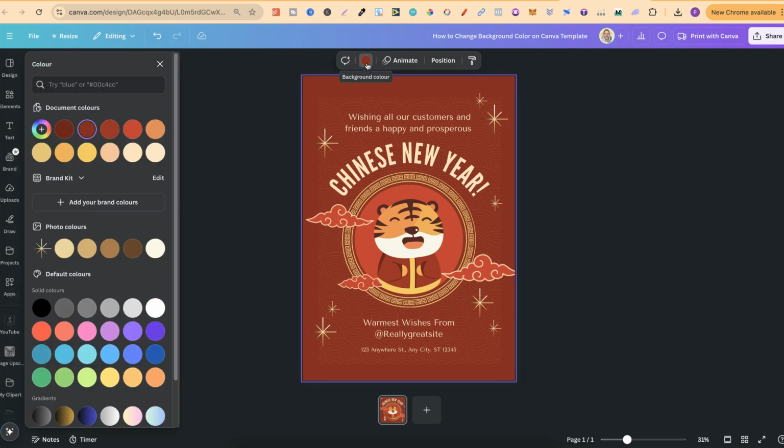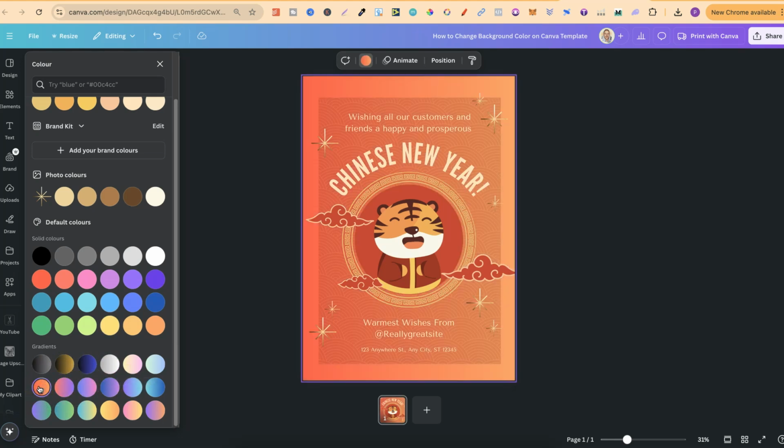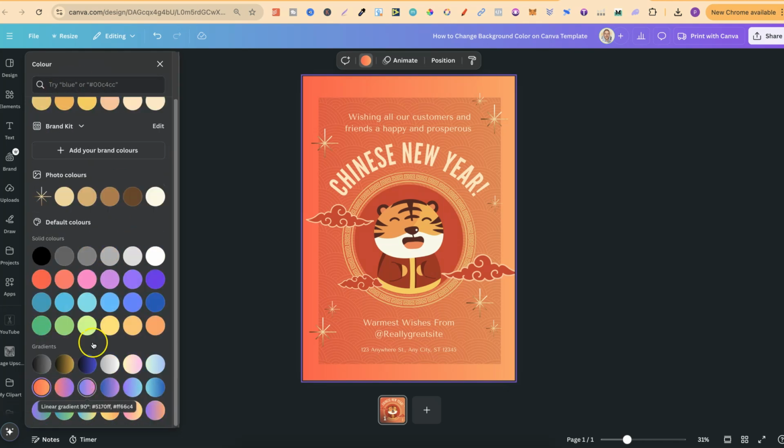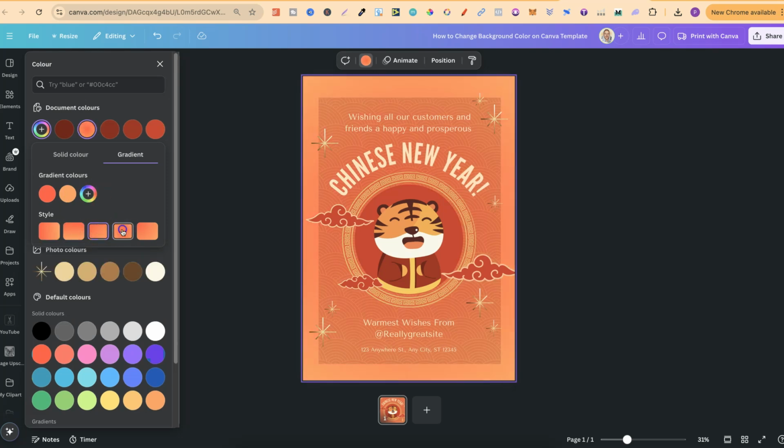Now, if we click on there, we're going to have a lot of different options. We can use gradients, which are right down the bottom. So if we click on one of them, it's going to change the gradient. We can also play around with that by, once we've clicked onto a gradient, we can click onto the little plus icon, and then we can add different colors to this gradient just here, and we can change the gradient